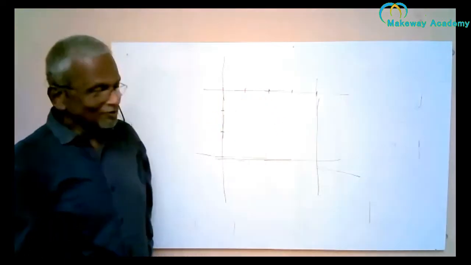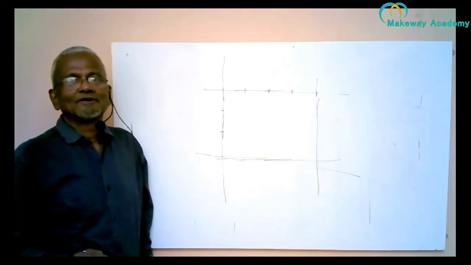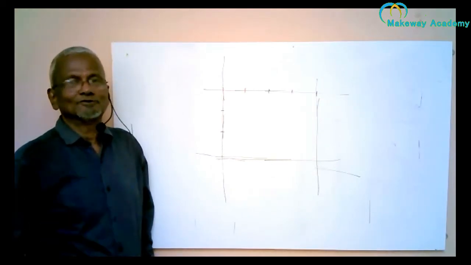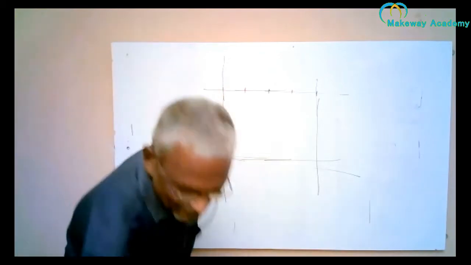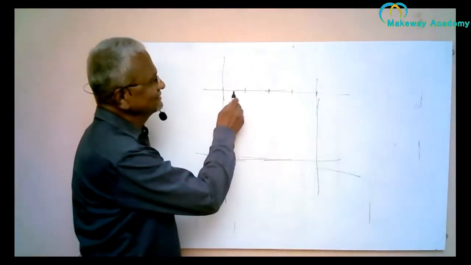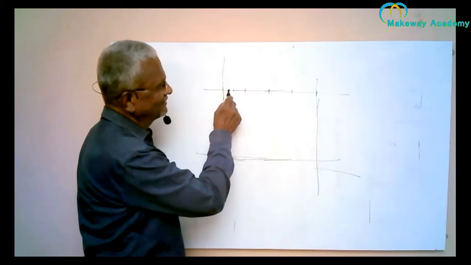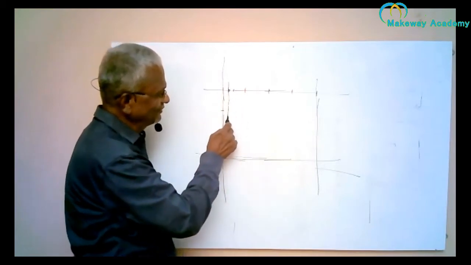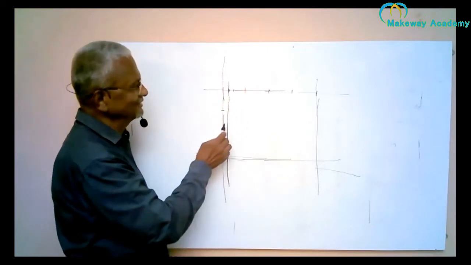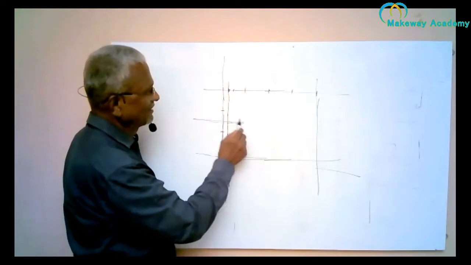Now, I will have to locate the holes. I have to drill 6 holes. So it is exactly about 25 mm from this side. So this is how much? 100 mm. So again, the hole is located 25 mm. How many holes are there? 3 holes. So this is 1.